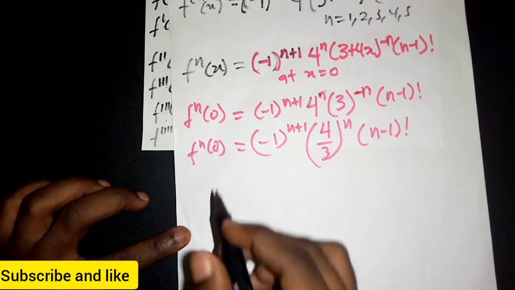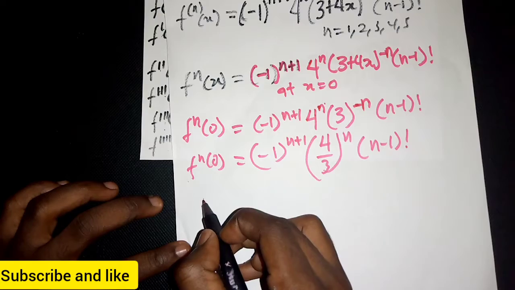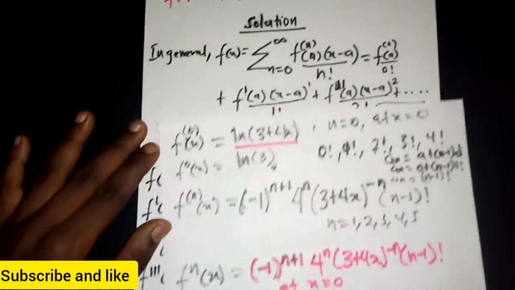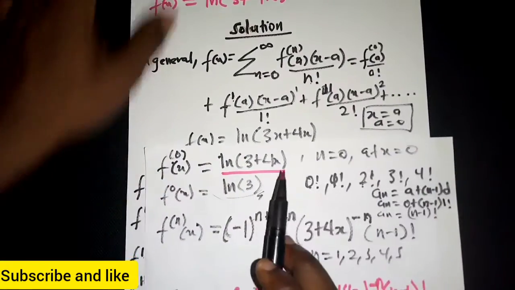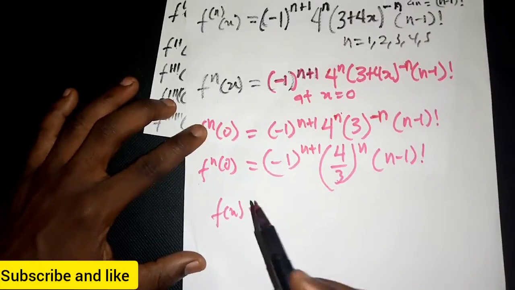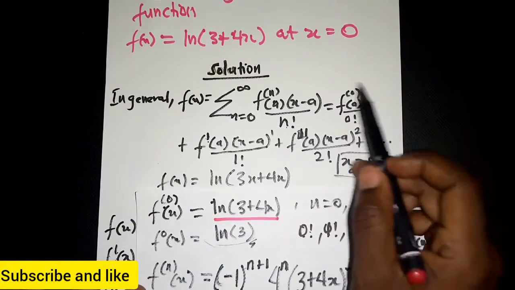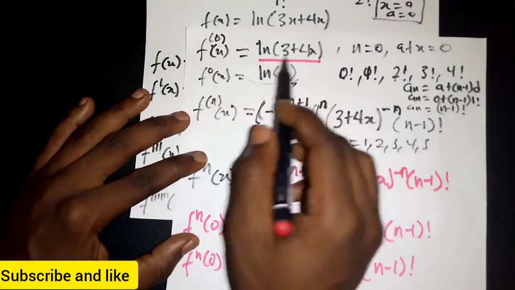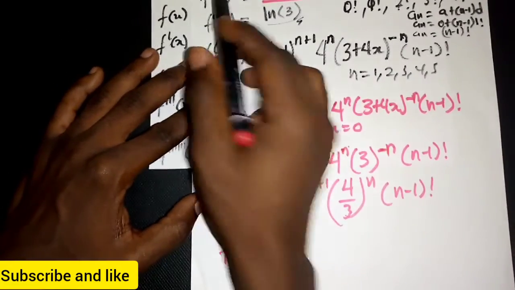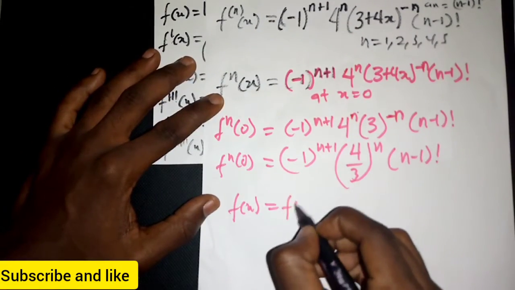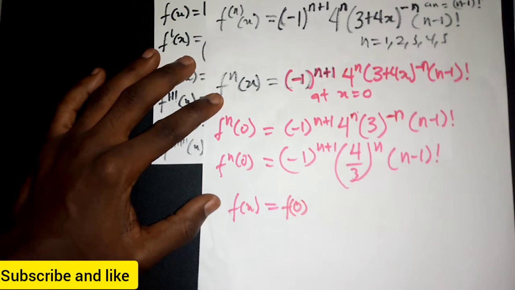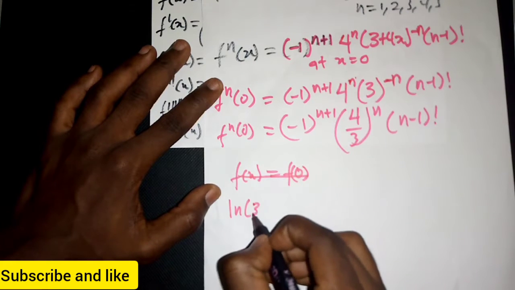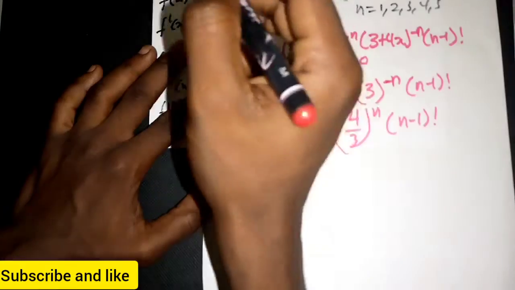Now, and in general we have the value f of x being equal to... so to write the general equation, remember we had the general equation as this. So f of x will basically be the first term, the first sequence, which was this, and this corresponds to the first one we add over here. So we add f of that, so we can have f of 0 here, right? So okay, so let's write it this way: the ln of 3 plus 4x, that is the general equation